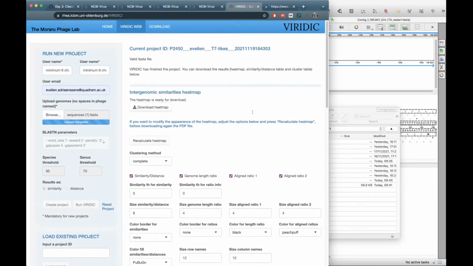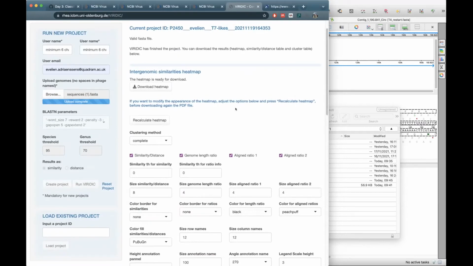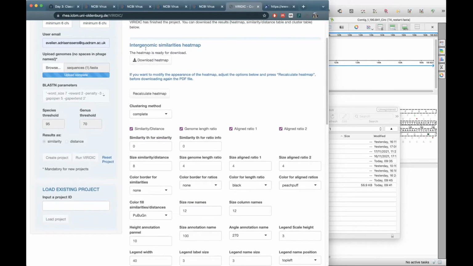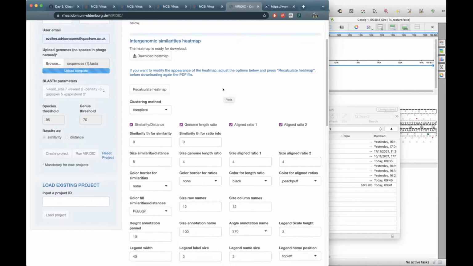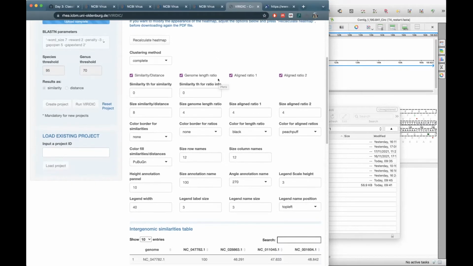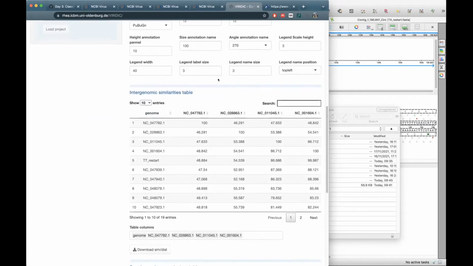Okay, in the meantime, Viridic has finished running. So it will show you a heat map with intergenomic similarities, and it has a color scheme and things that it chooses as default settings, and all of these things for the heat map you can change in this setting and run for yourself. And it also comes with a table that you can download, but it shows you the first 10 entries here,